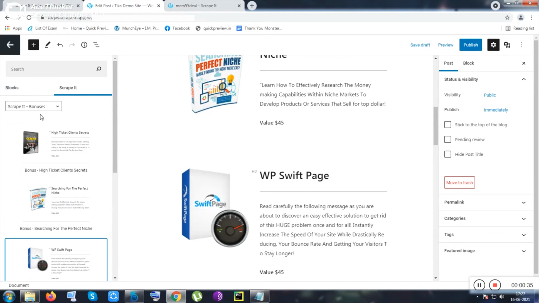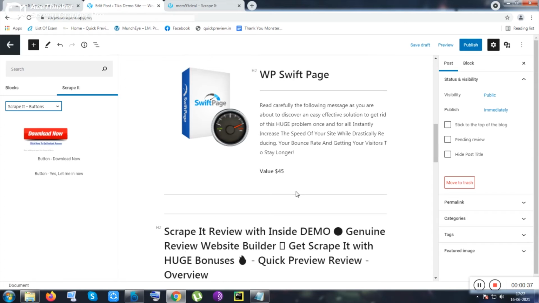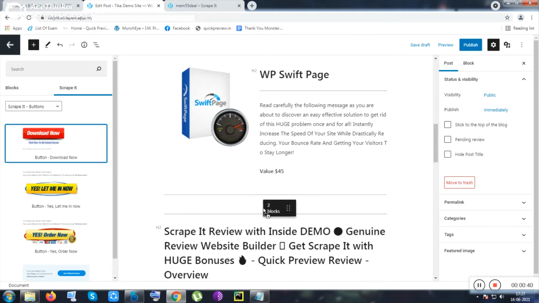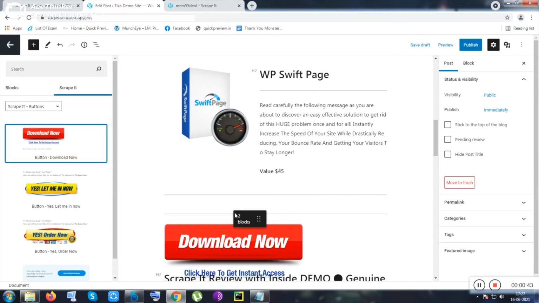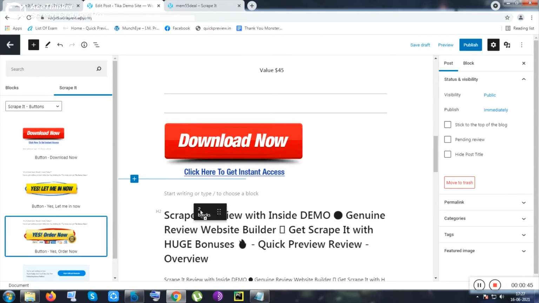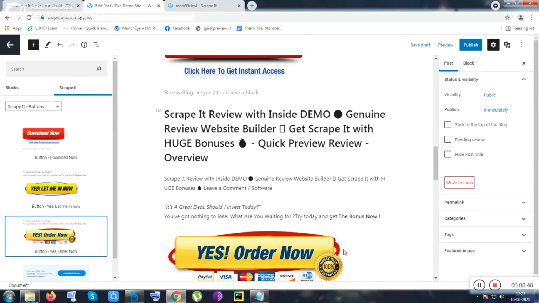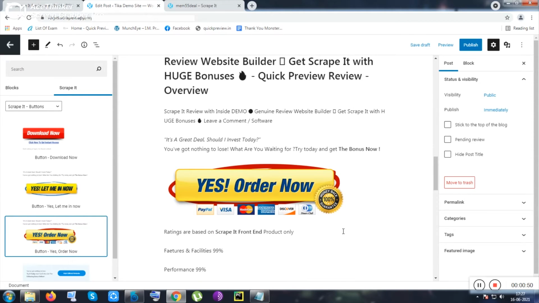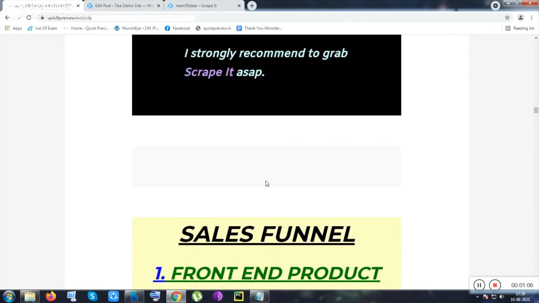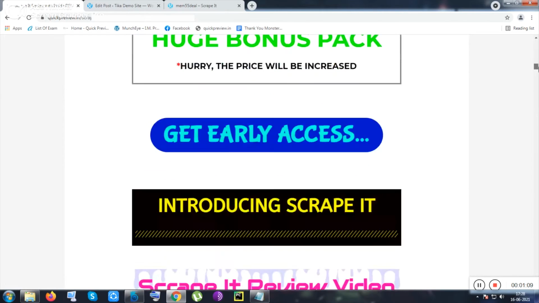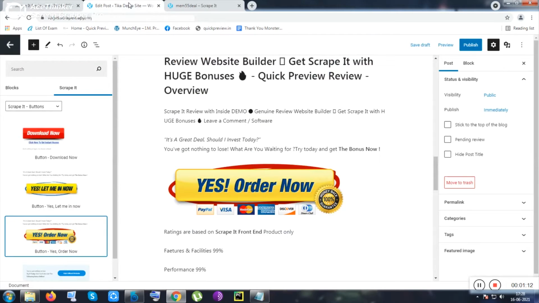You can change the bonus and click on the buttons to put a button. Let me put it here to show you the button. You can also put more buttons inside one page to make your consumer at ease, so they don't have to scroll again and again from top to bottom. That's why you can put 2 or 3 buttons, like I have put here. You can see there is a button here, and also a button at the top section. You can do the same thing inside it.